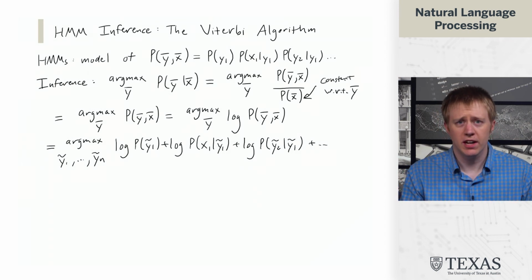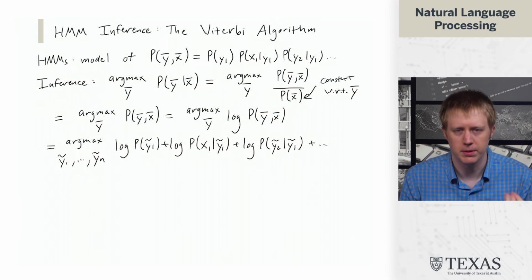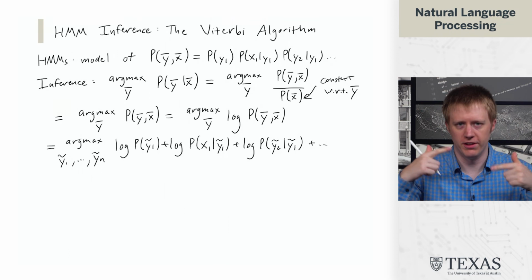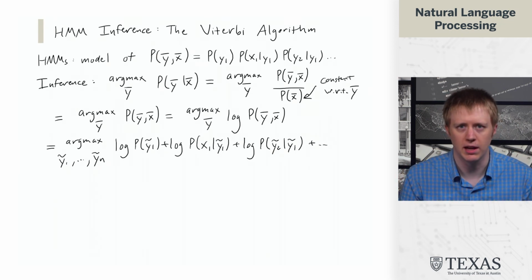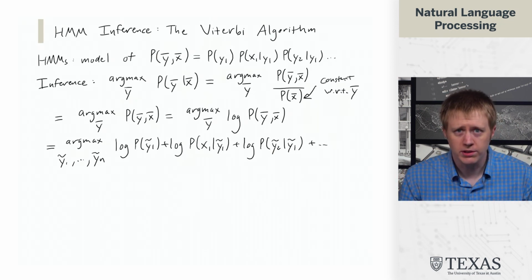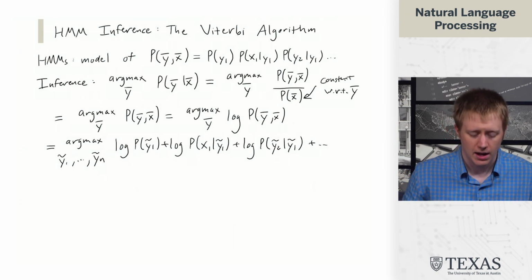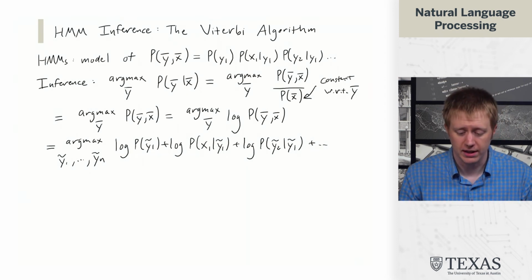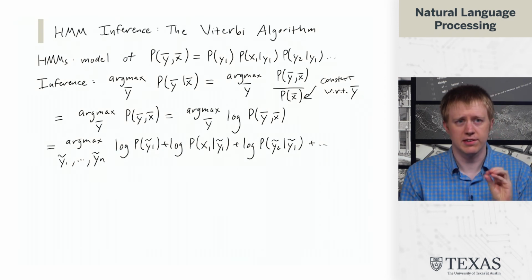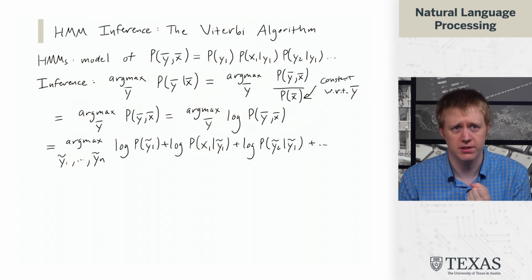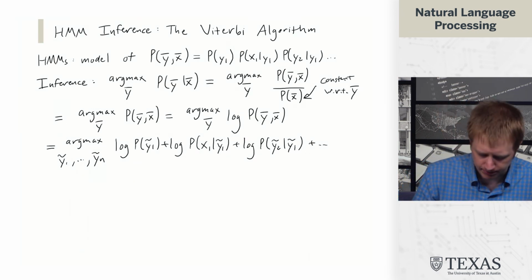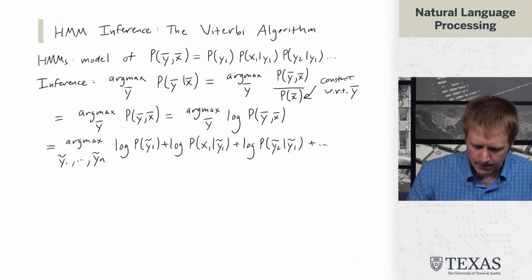So we have this fairly complicated expression, and we can't max over it directly, obviously, because this would require an exponential search over all the different possible values of the y twiddle i's. And so what we're going to do in order to do this max is appeal to dynamic programming. And so I'm going to tell you basically what the dynamic program looks like, and then we're going to see how that kind of falls out of the structure of this computation, and in particular, how it takes advantage of this Markov property of hidden Markov models.